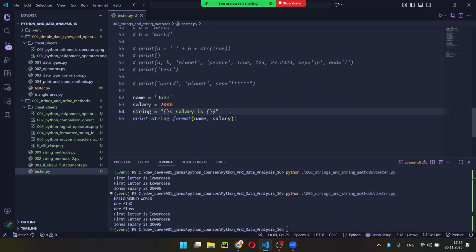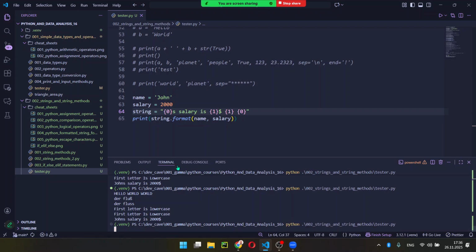What I personally don't like about this approach is that we have to remember the order of variables. We have to remember that the first one must be a name, the second one must be a salary, because nothing tells us what we are inserting here. So one way of doing that, we can actually add numbers. We can say this one will be 0 and this one will be 1. Or maybe I want to add more, another one and another zero. It's up to you. You can mix up. It doesn't have to be in the correct order. But when I run that,